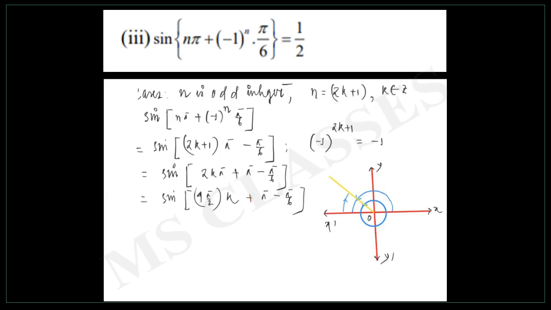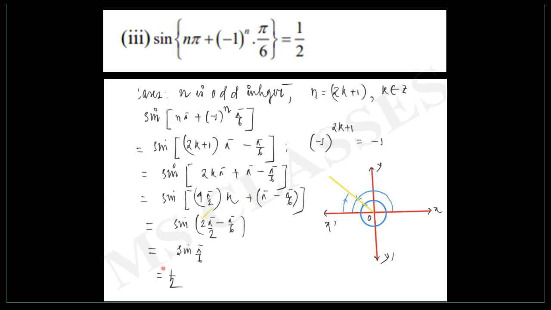Now, we try to understand. If you understand part by part, 4k into pi by 2 is an even multiple of pi by 2. So that will give us sine of pi minus pi by 6. Now again you can think this one as 2 into pi by 2. Now 2 means again even multiple. Even multiple means it will be sine pi by 6, and that will be half. Without hesitation you can write half, because you know the whole angle lies in the second quadrant, so whatever value we get will be definitely positive.